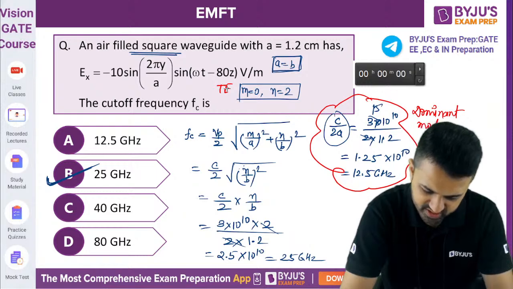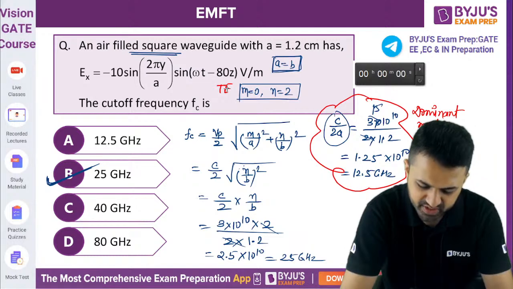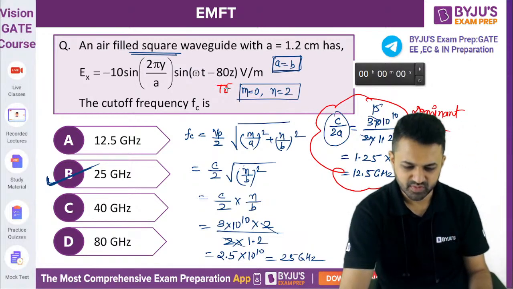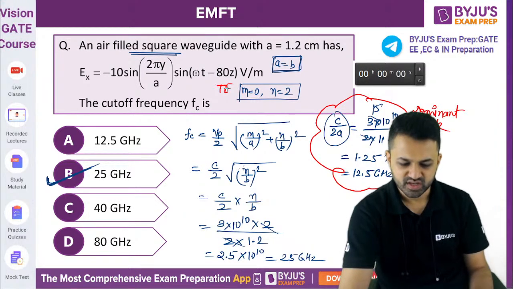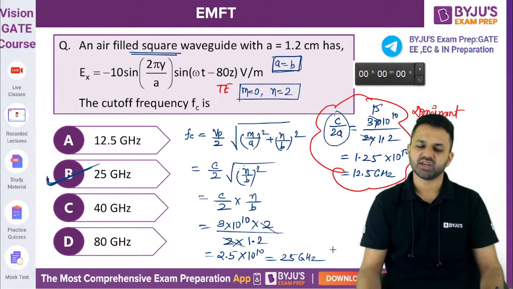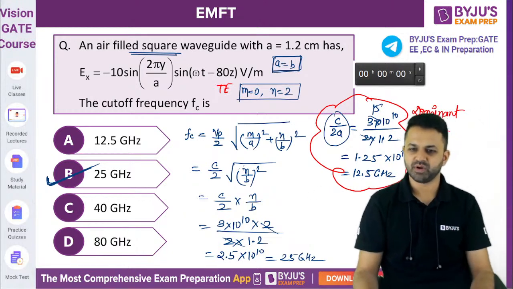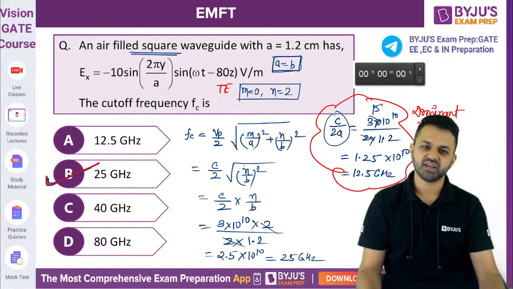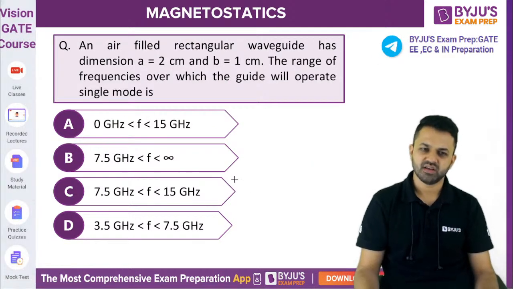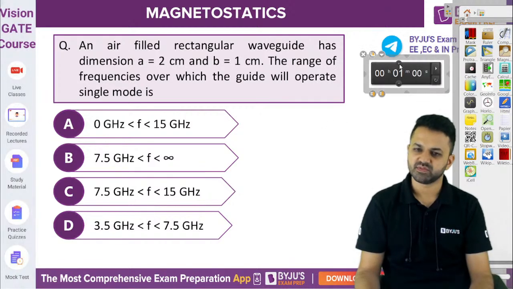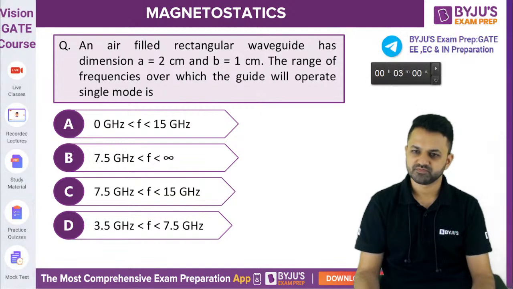Those who have got the wrong answer, Pratyusha, यस रीना, समझ में आया आपको कि आपने क्या मिस्टेक किया है? 12.5 रैंडमली आपको चूज नहीं करना है। दिस इज वेरी इंपॉर्टेंट क्वेश्चन एक्चुअली। जिसके पास थोड़े कॉन्सेप्ट्स क्लियर नहीं है वो जस्ट डोमिनेंट मोड के लिए निकालेगा और 12.5 निकाल देगा। बट आंसर जो है हमारा 25 है। तो बेसिक क्वेश्चन है बट काफी यूजफुल है टू अंडरस्टैंड योर मिस्टेक, जनरल मिस्टेक दैट यू डू।